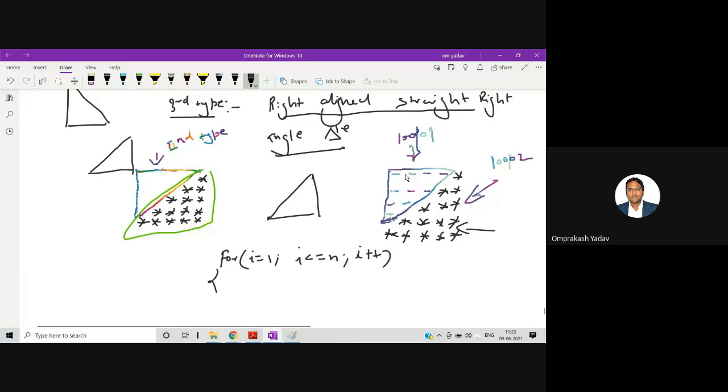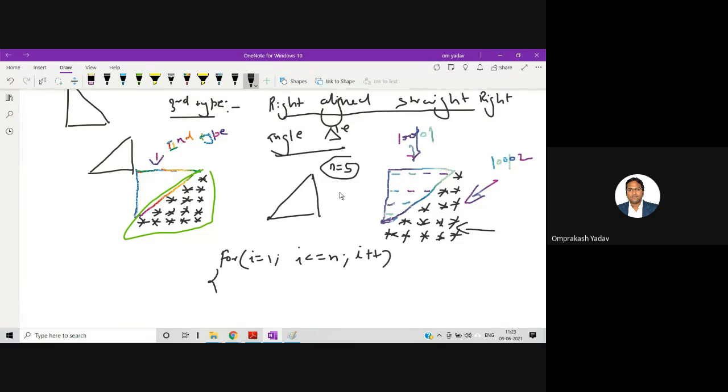If we see over here, in the first row we want 4 spaces. Okay, in the first row we want 4 spaces, and in the second row we want 3 spaces. Our n value is what? N value is 5.